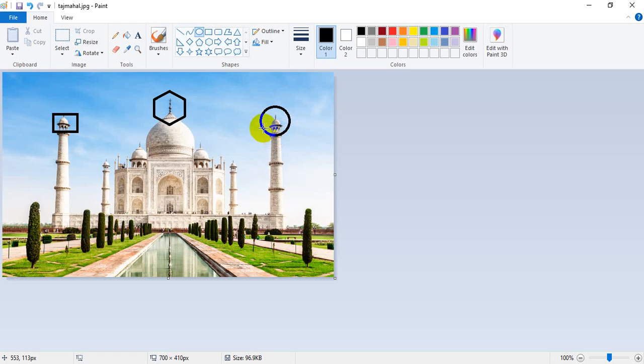For example, if I put here, now see the first value is 549 and the second value is 109. The first value is your x value and the second value is your y value. So 549 and 109. I am going back to your notepad application.